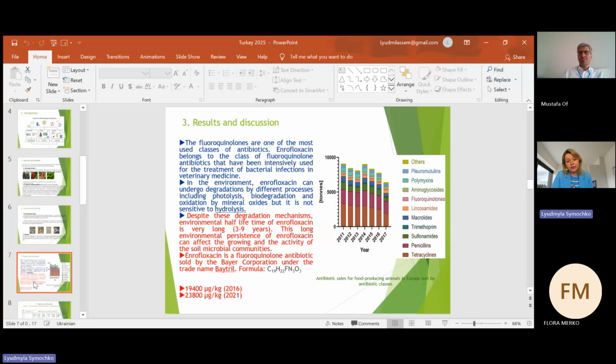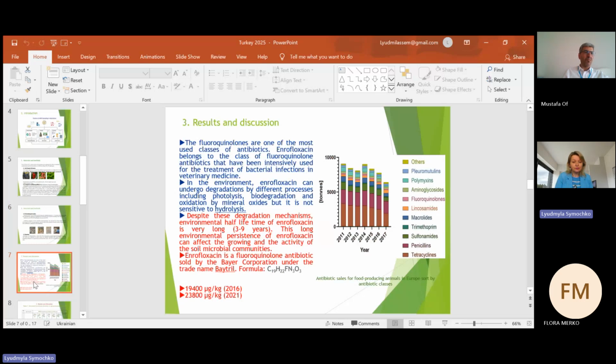Enrofloxacin can undergo degradation by different processes, including photolysis and oxidation, but it's not sensitive to hydrolysis. What does it mean? It means that the environmental half-life of enrofloxacin is very long. It could be from 3 to 9 years. Why 3 to 9 years? Because it will depend on the type of soil, of course, on the concentration of the antibiotic, and the